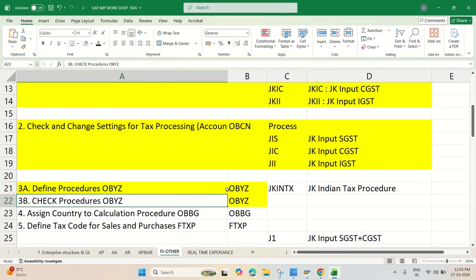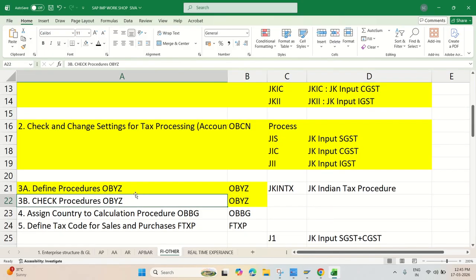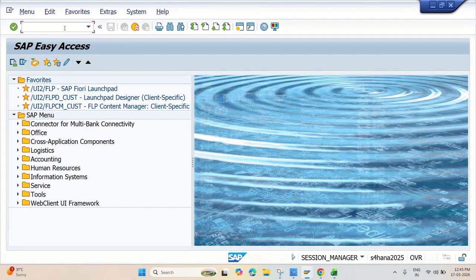Yes. We have defined procedures in OP widget. And also we need to check another time. This is very most important. Otherwise, we may get error. Okay. T code OBYZ